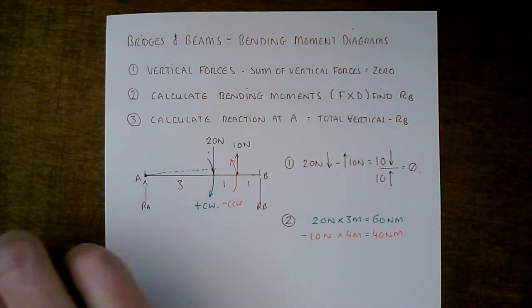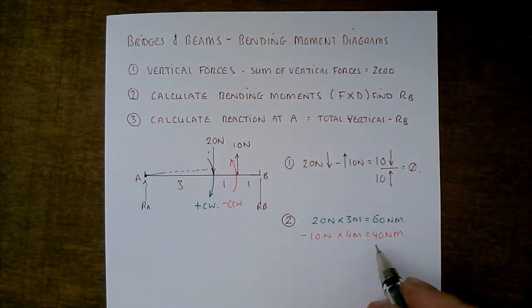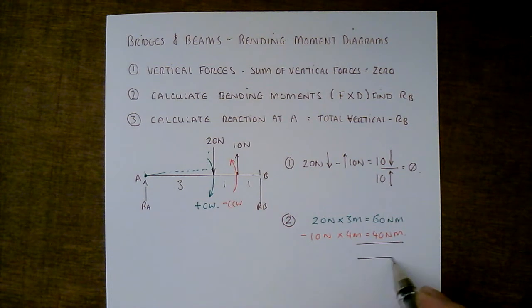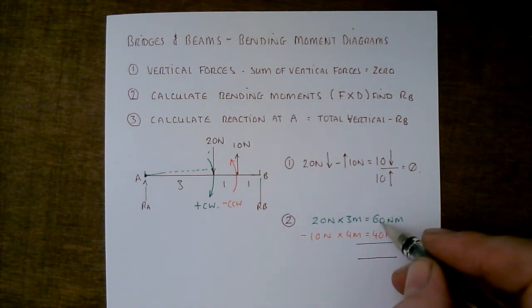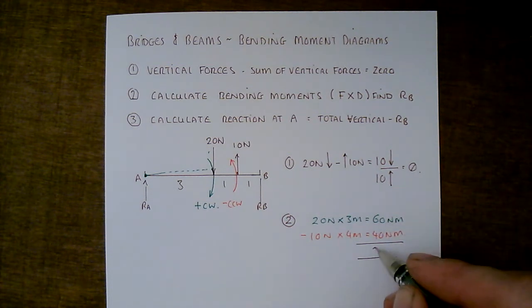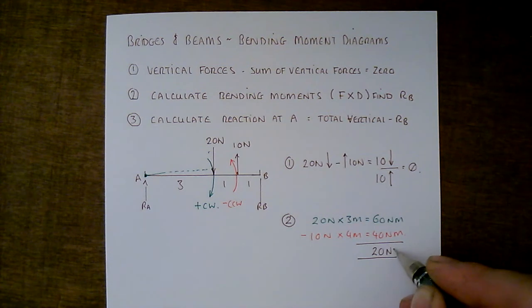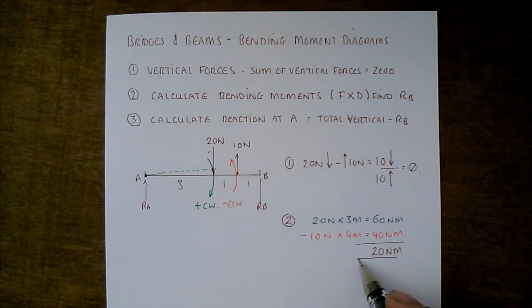So we've got a total bending moment of 60 minus 40, so I've got 20 newton meters, and this is how you calculate RB,